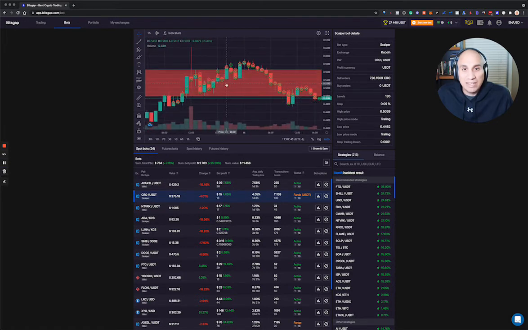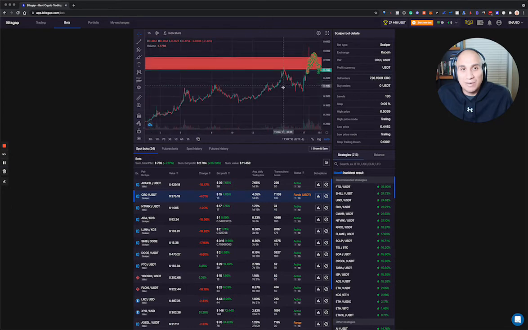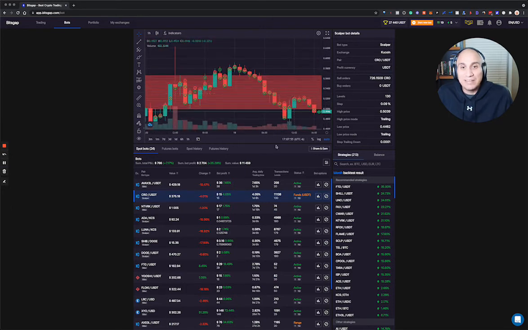So you can see what is the grid step? Every 0.09% of a move, it's making a trade. You can see when I zoom out, look at all those trades. To give you an idea, in the past day, 1 day and 8 hours, so a day and a half, not even, we've done